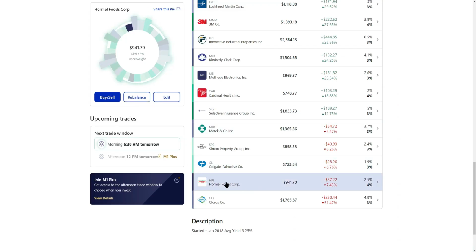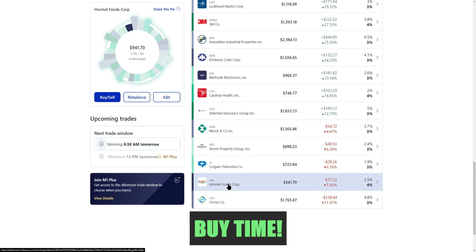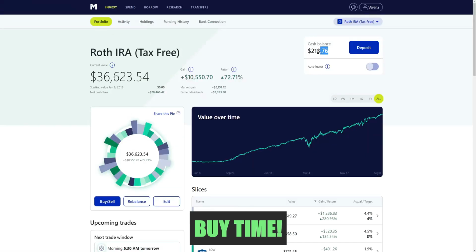So as far as positions that I want to buy into, I do want to buy a bit more Hormel Foods and Merck. I think last week we had picked up some Colgate, so I'm going to take a little bit of a break here on Colgate and bump up these positions between Merck and Hormel Foods. So right now we have